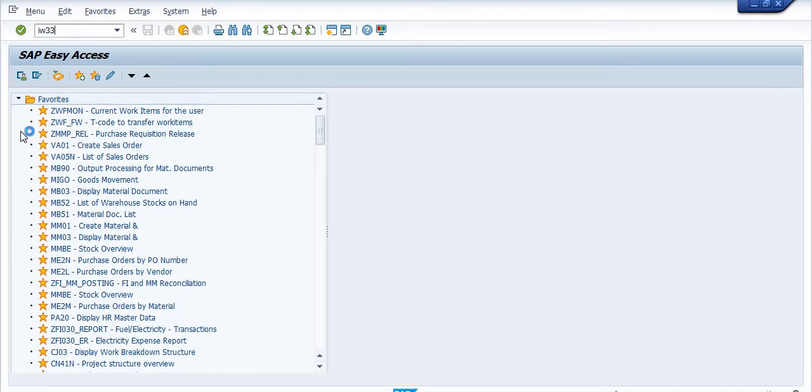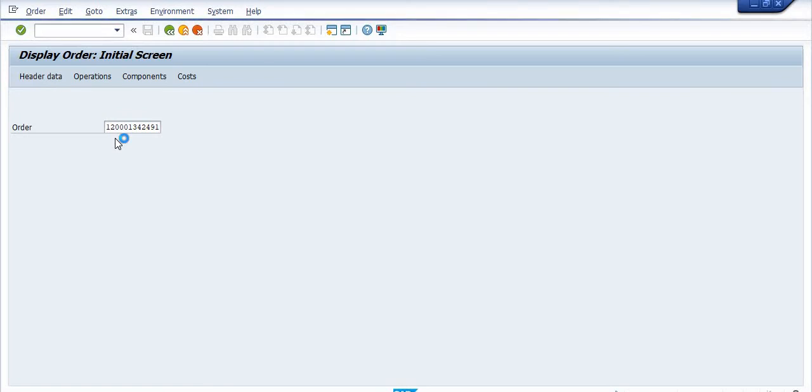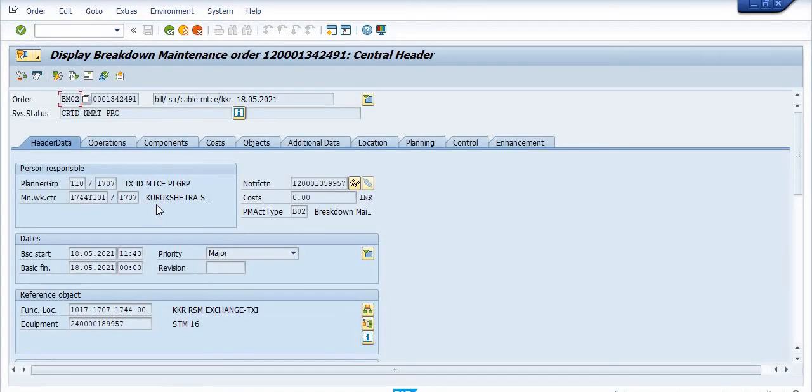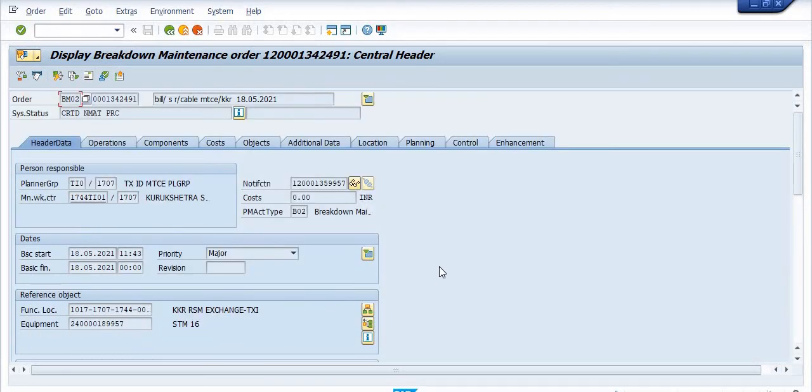I'm going to open the maintenance order. This is the maintenance of some planning group. Here you can see the first operation, the work center and the plant. This is the work center 1744 TI01, and 1701 is the plant code. So this work center is made for the maintenance activity.